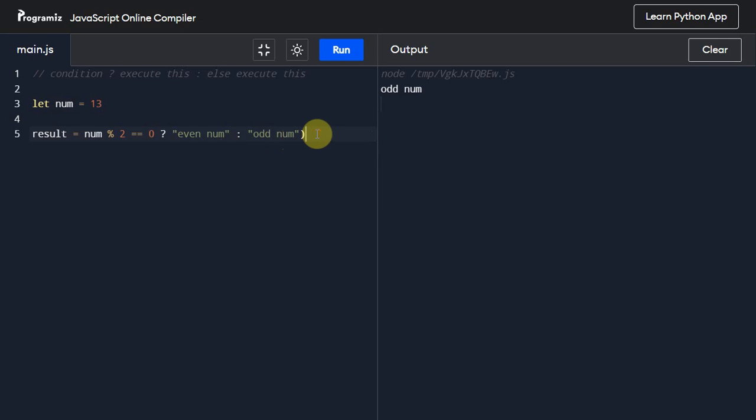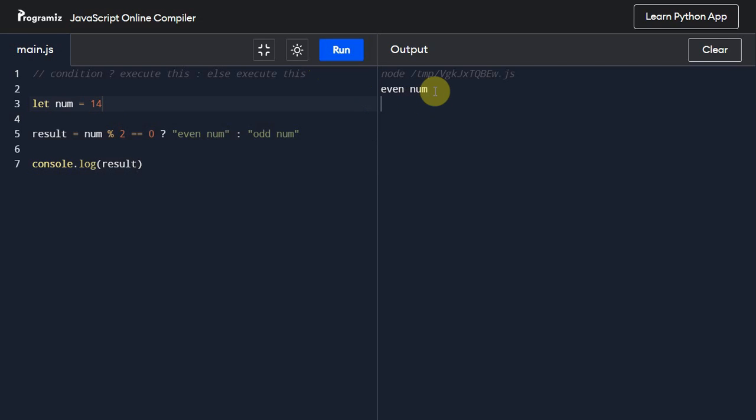I'm going to remove those two, and then finally I would print that message here, console.log, then I'm going to print out result. Okay, now it should give the same output, odd number,